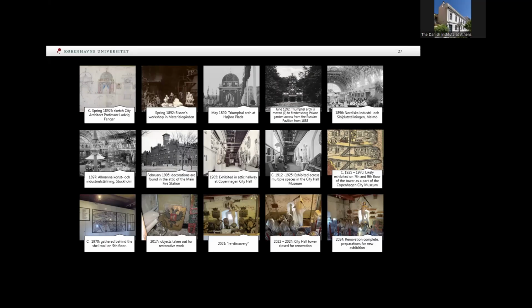reach, I would say, with varying functions and constellations, from framing Danish contributions at the industrial and art exhibitions in Sweden before the turn of the century, to various roles as museum objects, and back into oblivion again. And then now, as the final line shows, in a limbo between their rediscovery, conservation, and reframing